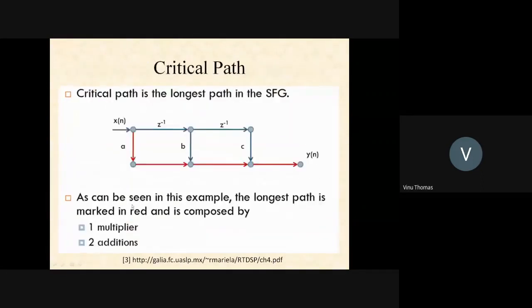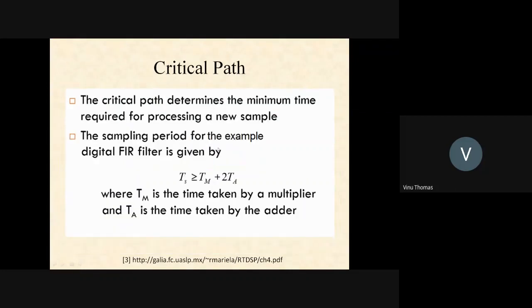Now, this is a signal flow graph. You have seen signal flow graphs before in the second module. When we drew the signal flow graph for the decimation in time FFT and decimation in frequency FFT, you had multiple input, multiple output signal flow graphs. How many inputs do you have for this signal flow graph? One input. And how many outputs are there? One output. So we call this a single input, single output signal flow graph.